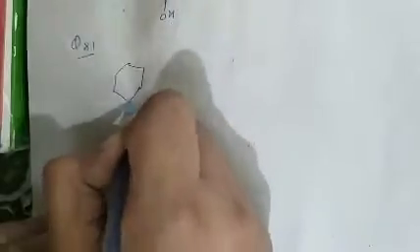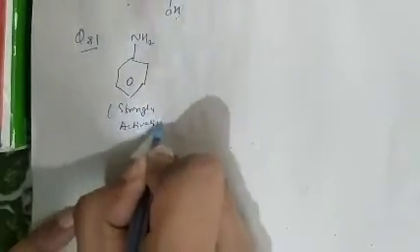X on bromination gives Y, Y on diazonium salt formation gives C. So the compound is, question number 81. As we know that aniline is a strongly activating group, so there is strong activation for electrophilic substitution reaction.